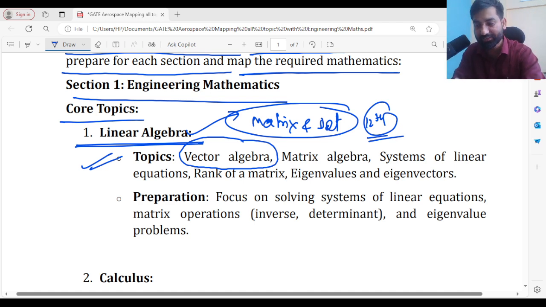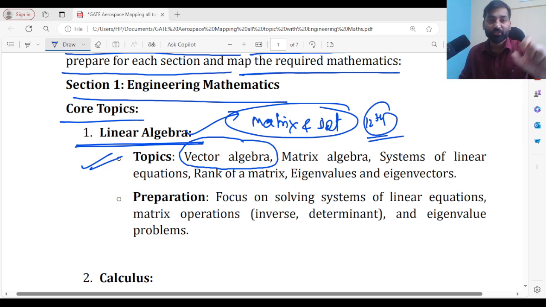But in my class, if you get a chance to watch my mathematics classes, you will find the complete concept of linear algebra I have discussed, from very basic. I have solved all the problems. I did not only focus on matrix and determinants. I have also told you the significance of the determinant, and many other things.